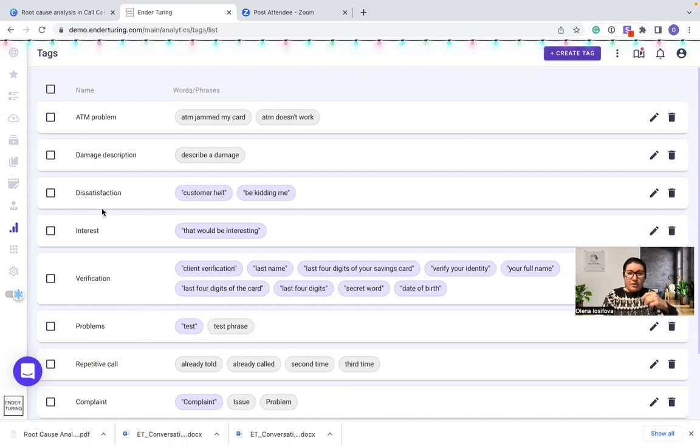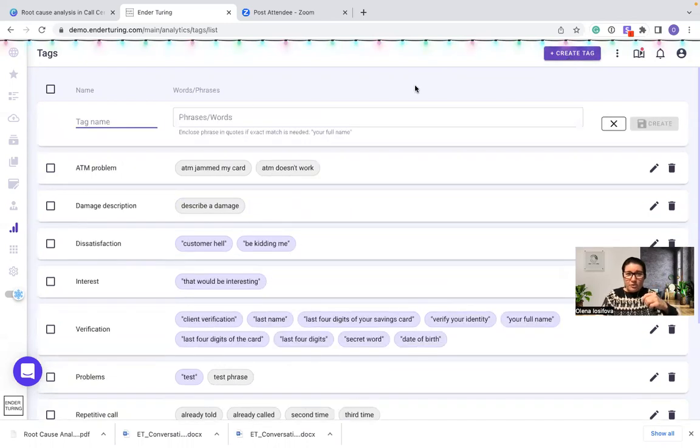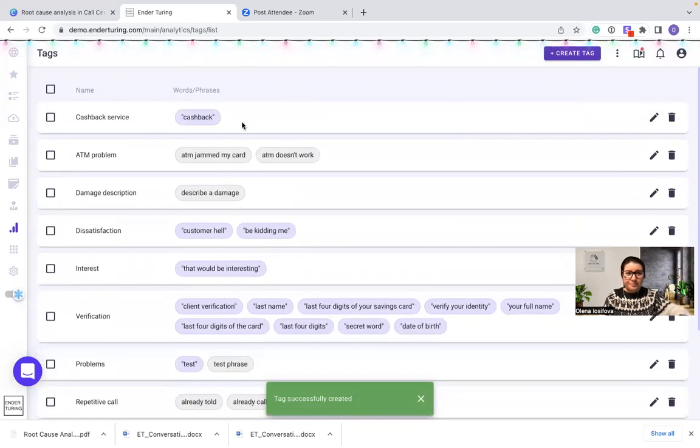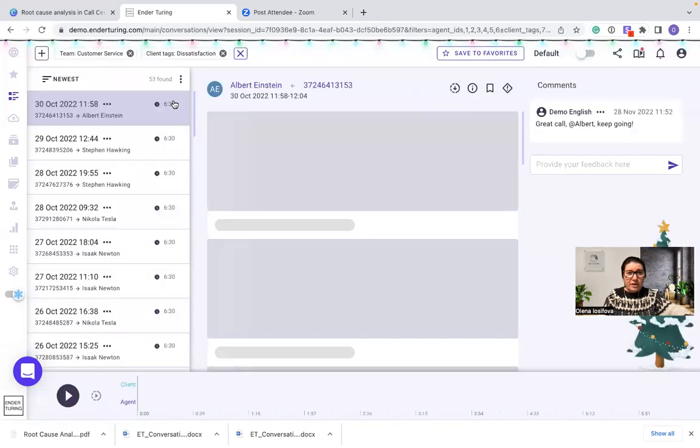And when I see those, it's really easy to create. So I want to create cashback service, for example. If we have such in the company, and I want to monitor everything that is related to the cashback service, and I can give the examples of how people name the cashback. So I save here just one cashback service. And when I go to the conversations,